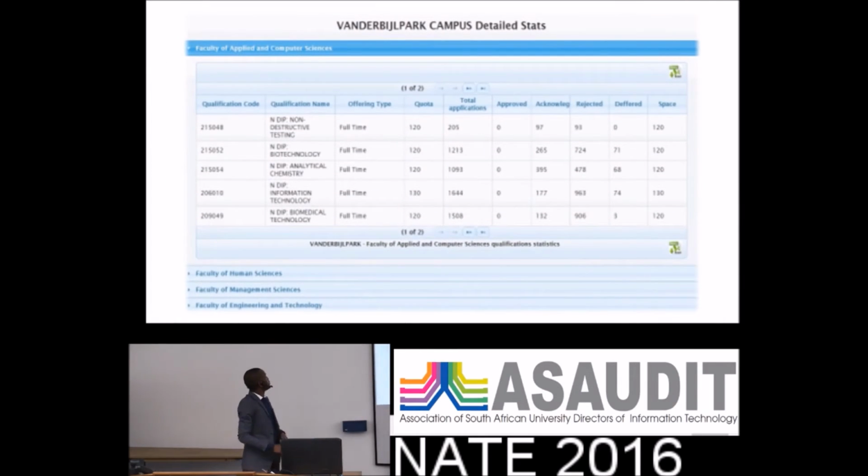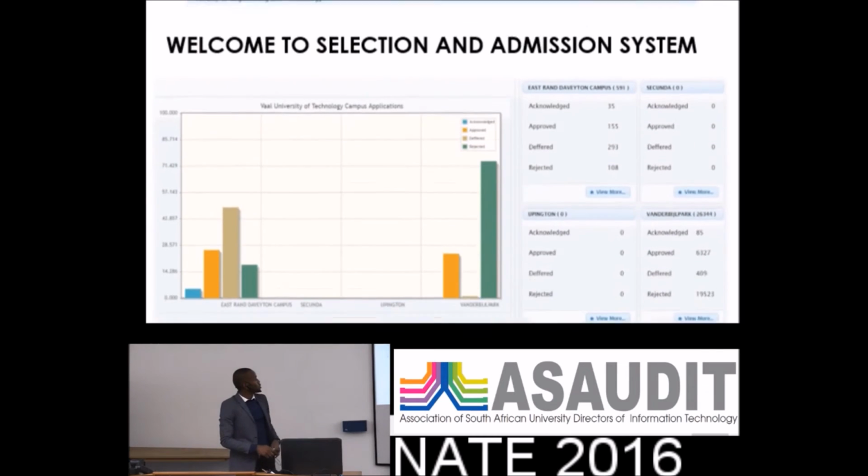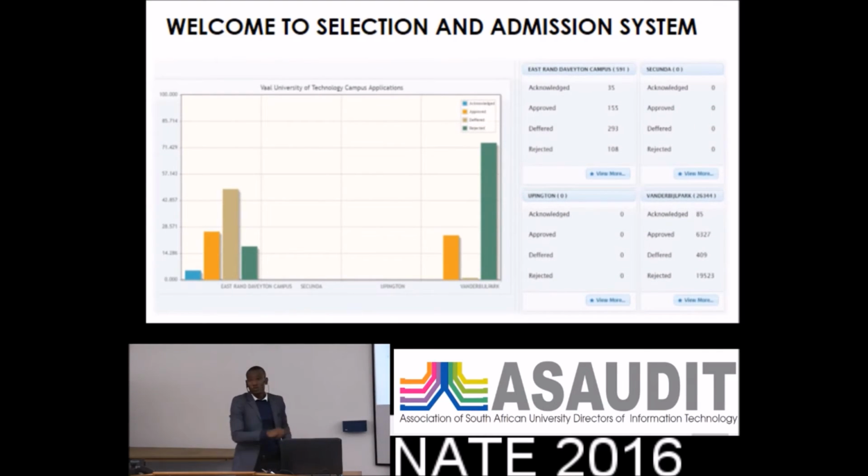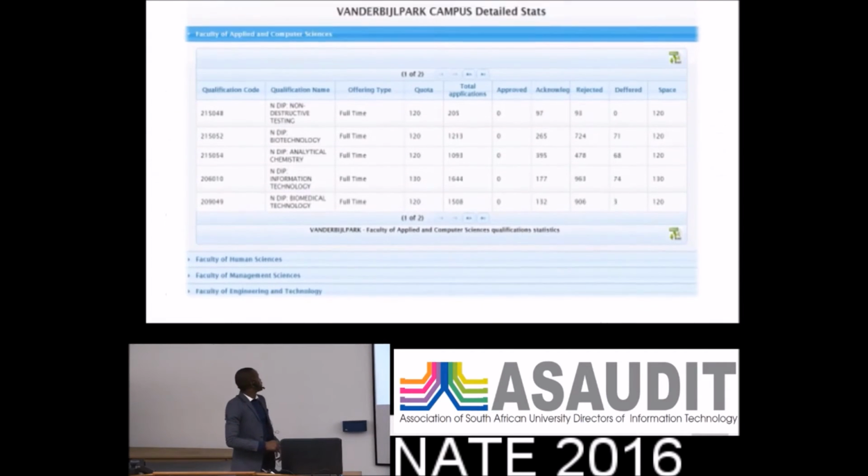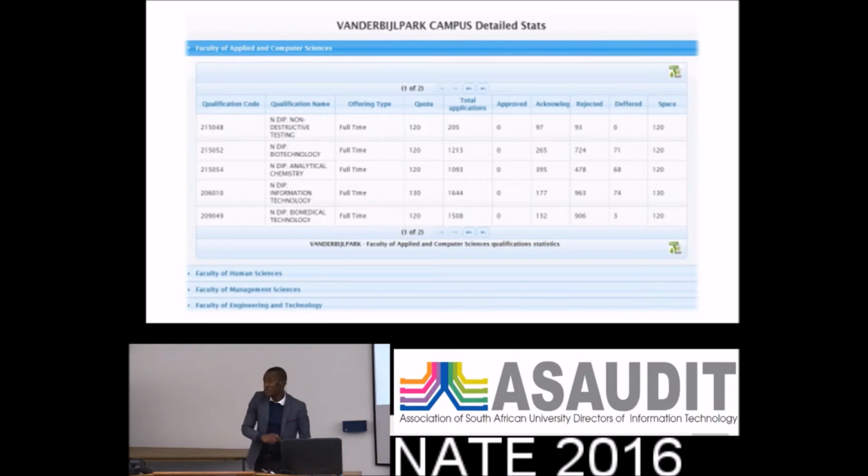So just going to go back a bit. If you click on any of the campuses which you would like to have more information on, you can have an in-depth report on that. So for example, Vanderbilt Park campus, it has a Faculty of Applied and Computer Science,